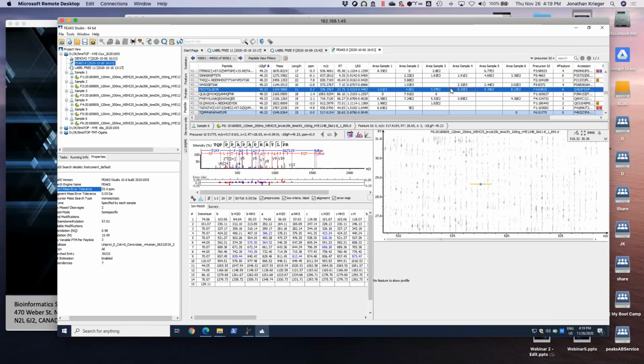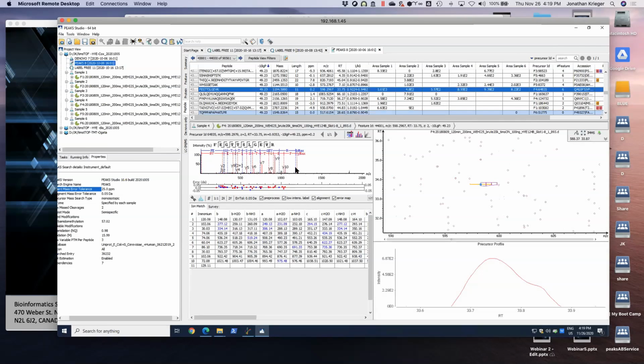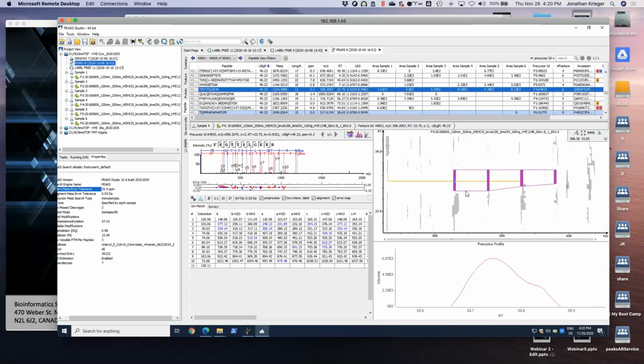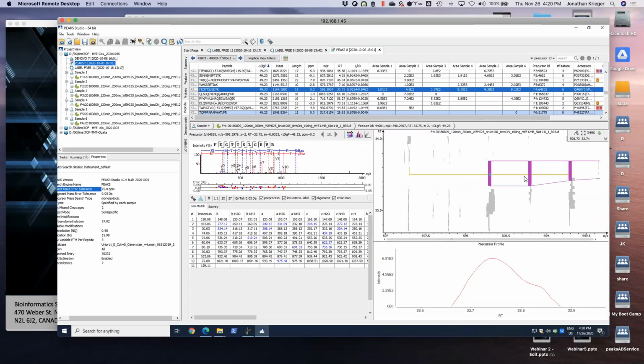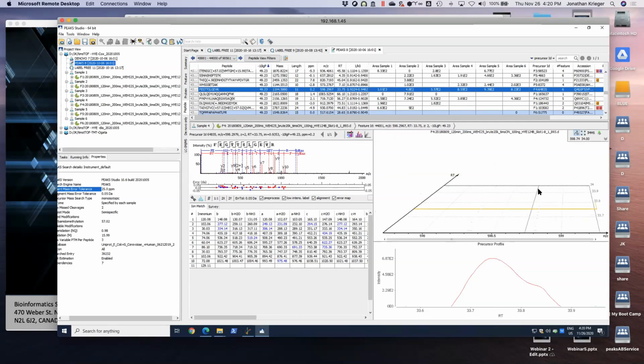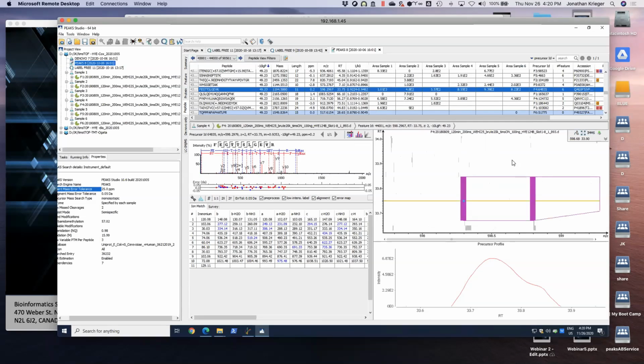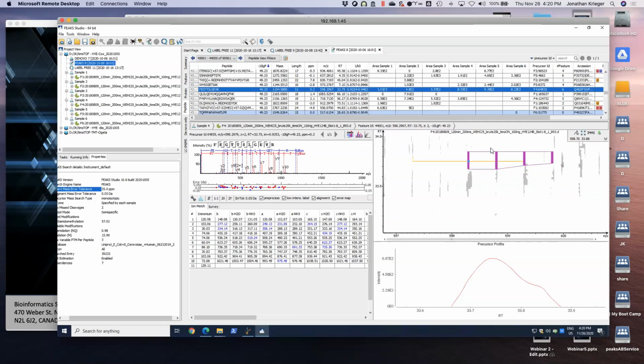If we pick something where there are features, for instance, here, we can zoom in. This is the MS2, and this purple area is the feature at the LC-MS level, sorry. You can make this a 3D view if you want, and zoom in if you want a nicer picture. But what's interesting is if you click on this IMMS button,